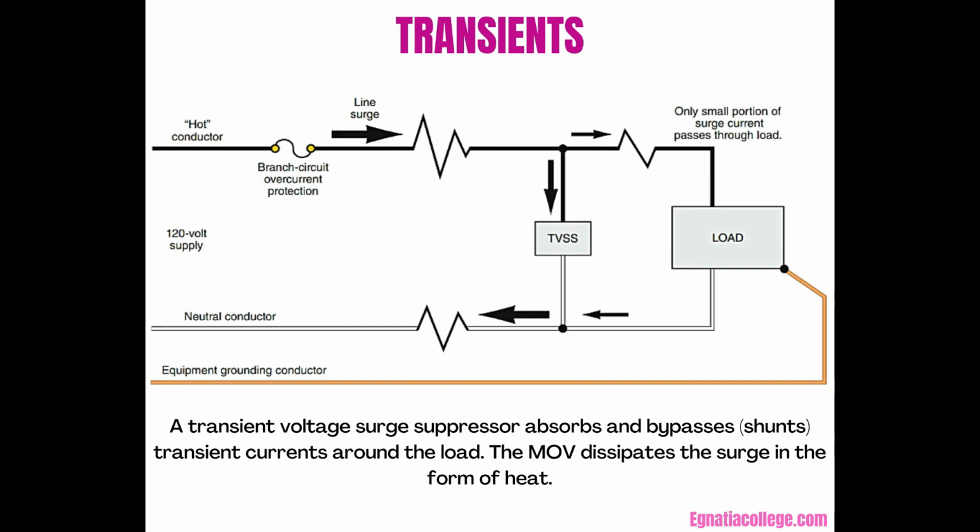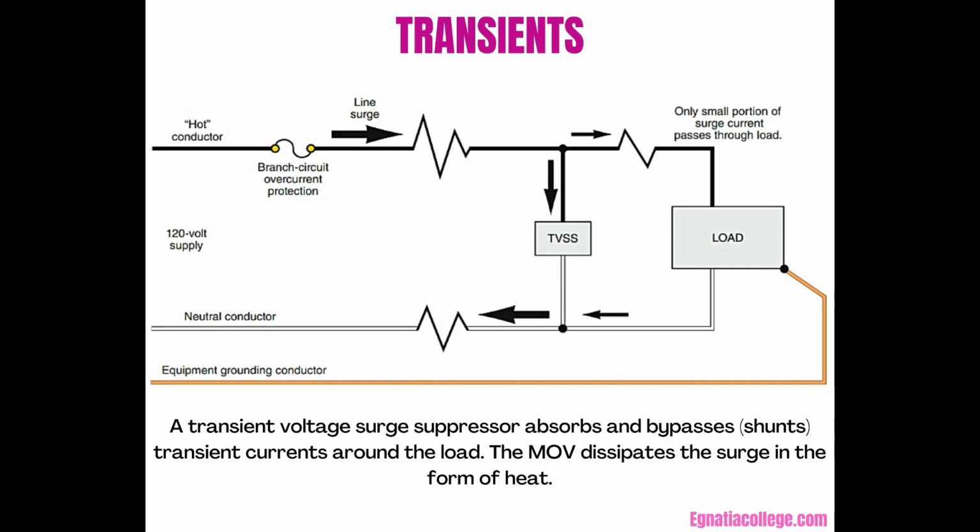Impulse transients originate outside the building and are caused by utility company switching, lightning, and so on. To minimize the damaging results of these transient line surges, service equipment, panels, load centers, feeders, branch circuits, and individual